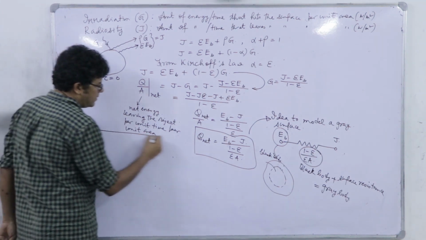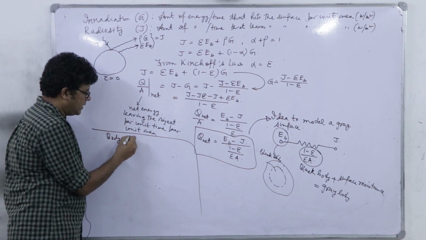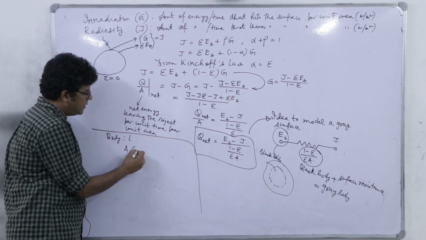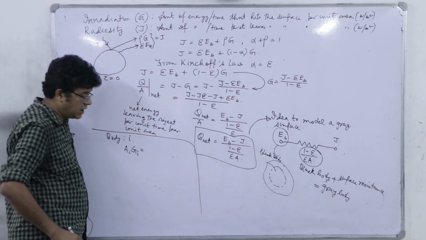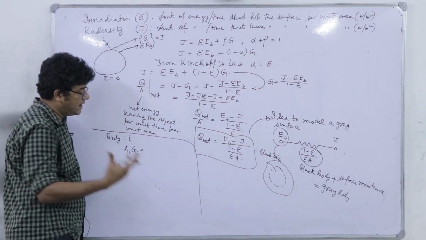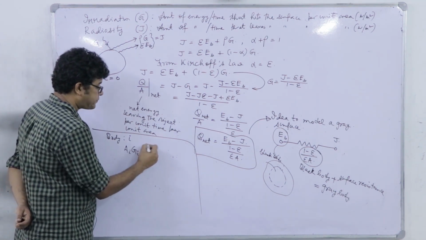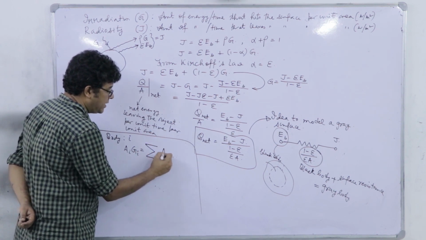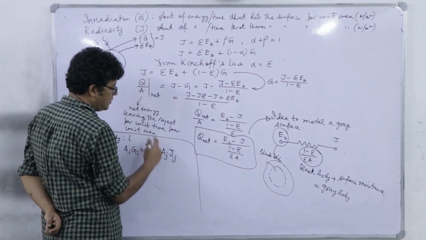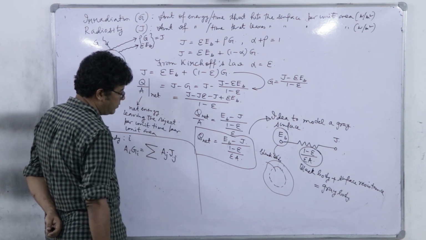Now you think that there is a body I, the body marked as I. Now it's receiving total AiGi amount of energy per unit time, right? And where is it getting it from? It's getting it from the surrounding, and there are surrounding gray surfaces, and the surrounding gray surfaces generate this energy flow, the flow rate per unit time. It's not energy flux because we are multiplying it by area.